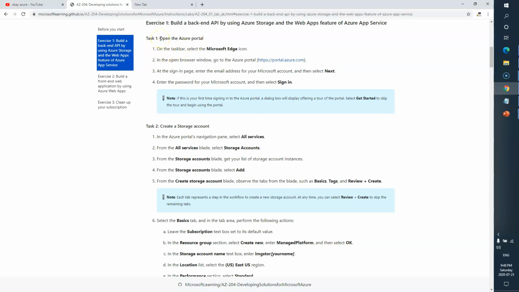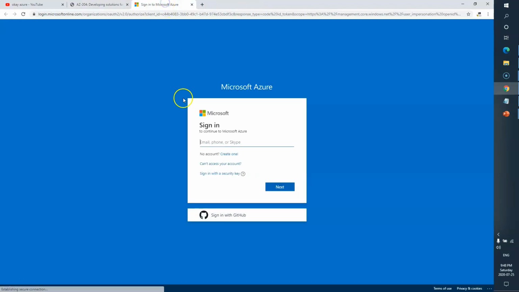Task 1 is that we need to open the Azure portal. So I'll simply open this in a new tab. Here I have to put my Azure login, user ID and password. Hopefully I'm putting the right one.